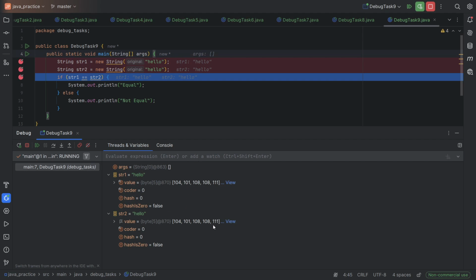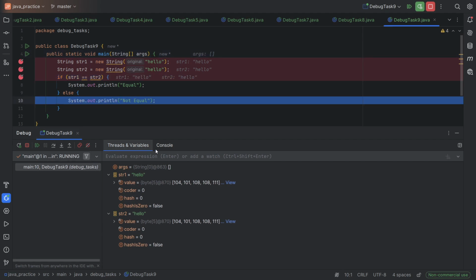No, the value is same. Everything is identical, but they're not equal. This is because we use the keyword new, and whenever we use the keyword new,